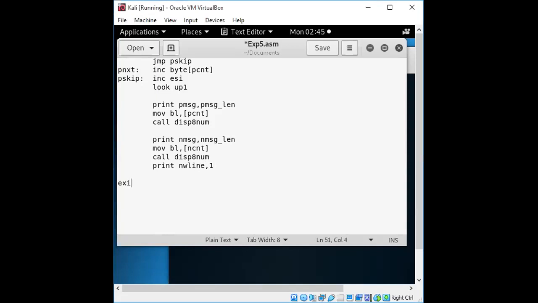Okay, so here your last condition will be exit. If there are some error messages, it will display them. If there is no error, then it will make the system call for end.